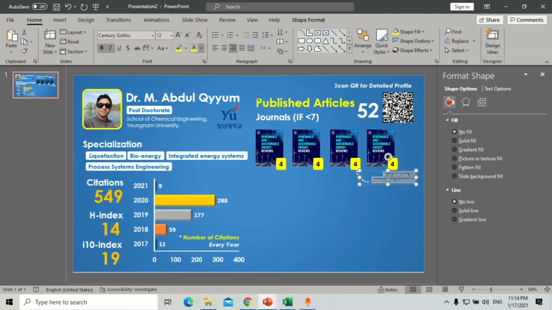Okay, so for example, in this case, I'm going to reduce the size so that it just takes less space, and then I'm going to make another column. Let's say journal greater than 7 and journals less than 7 and greater than 2.6. So this is the lowest journal in which he published so far. And so what you can do is